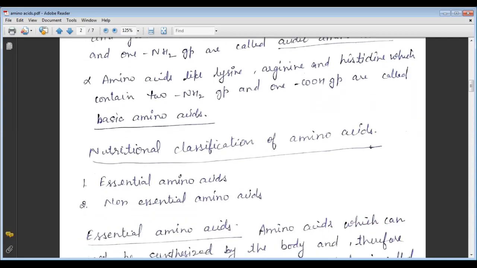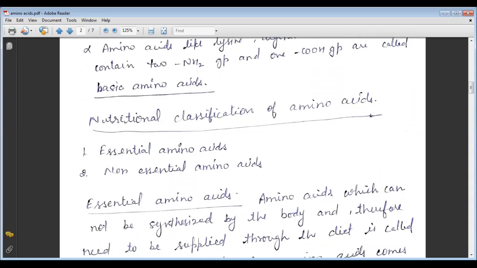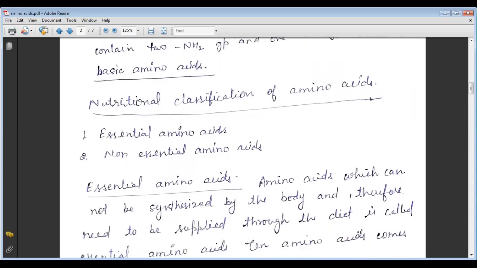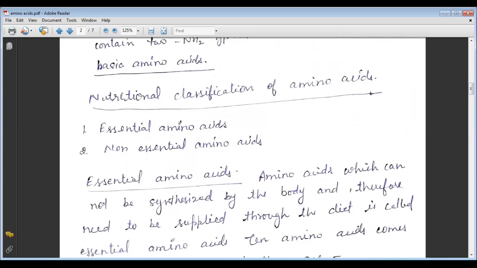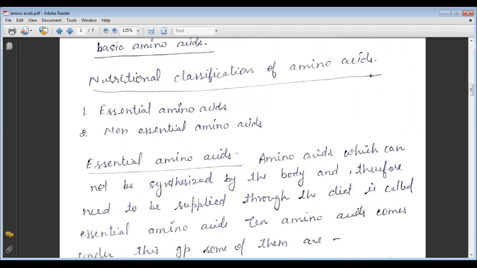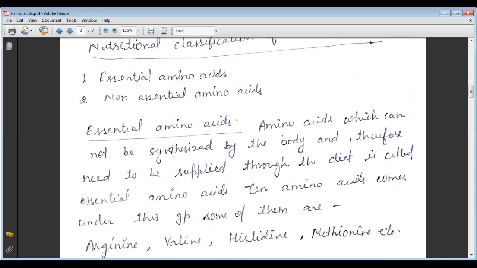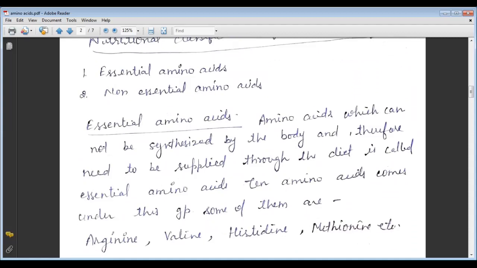And then the classification of amino acids on the basis of nutrition. On the nutritional basis, there are two types of amino acids. First is the essential amino acid and the second type is called the non-essential amino acid. So essential amino acid means